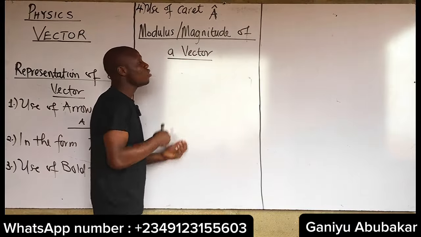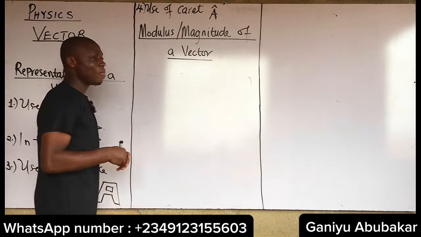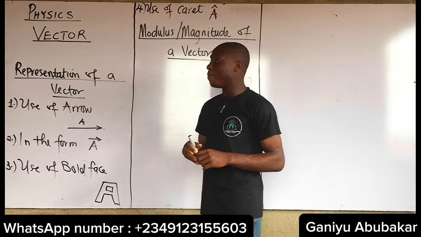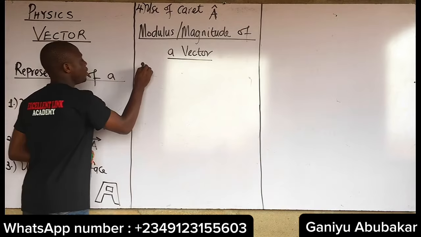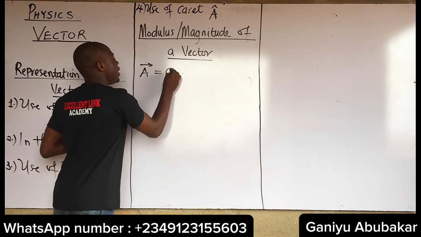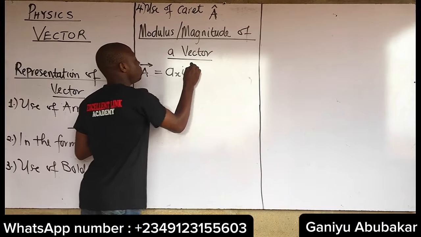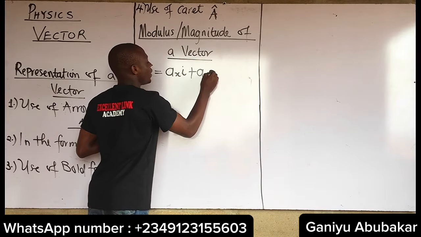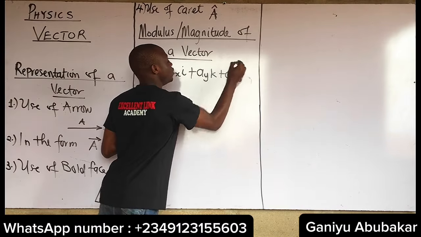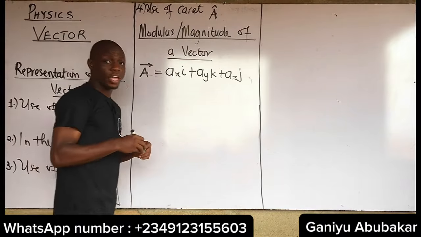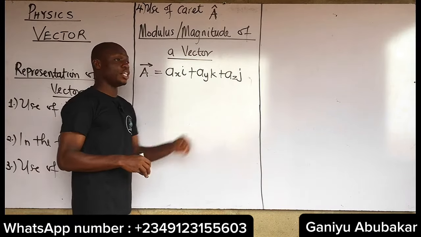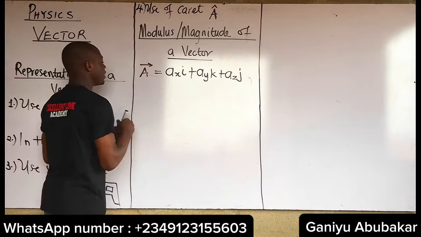All right, when it comes to the modulus or magnitude of a vector, I will give you the mathematical expression for it, right? So let's say I have a vector A equal to AXI plus AYK plus AZJ. As in this case, vector A is equal to AXI plus AYK plus AZJ. The modulus of the vector is written as